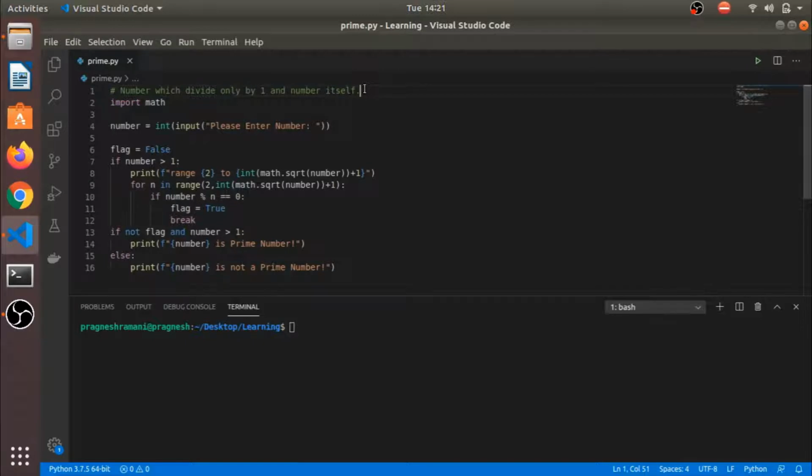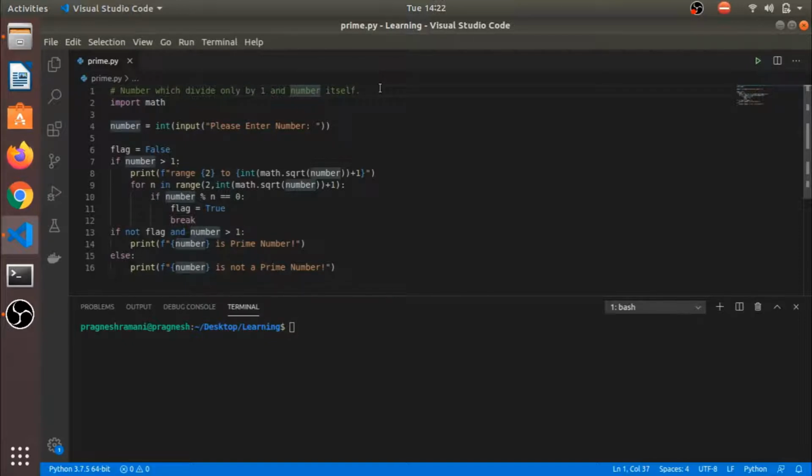And let's take the example of number 4. So 4 is divisible by 1, 4 is divisible by 2, and 4 is divisible by the number itself, that is 4 divided by 4. Our prime number condition says that a number is only divisible by 1 and the number itself, but 4 is divisible by 2 also.